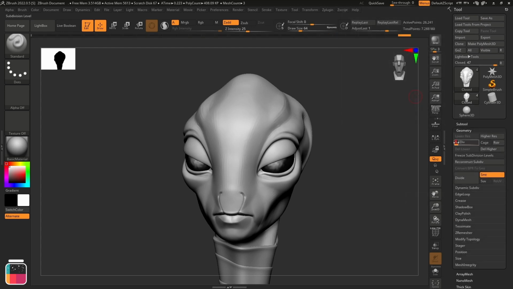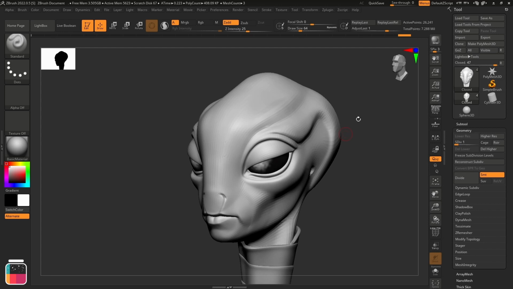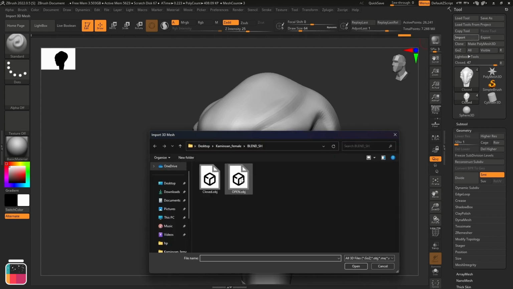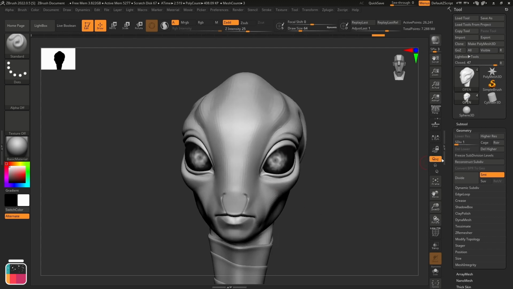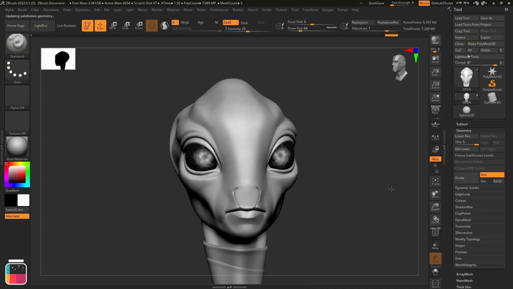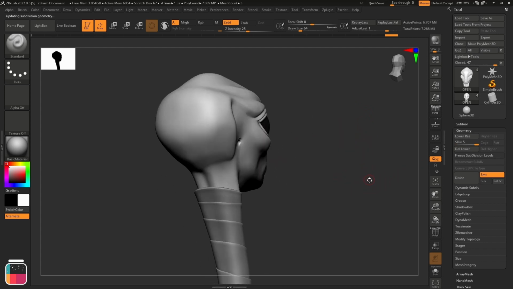Switch to the lowest subdivision level and import the blend shape for open eyes. Returning to the highest subdivision level allows us to see how the details look with open eyes.